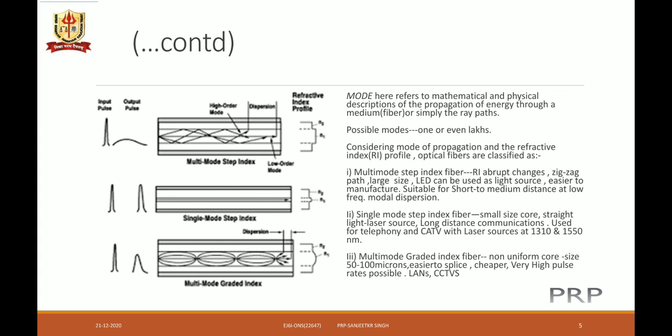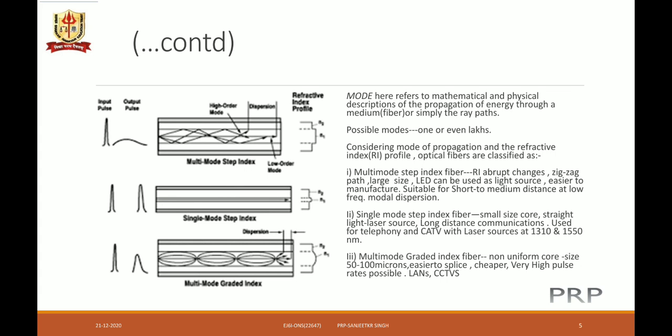And thirdly, multimode graded index fiber. Here the fiber core is non-uniform, and why is it called non-uniform? Because the refractive index is gradually changing from the center of the core to the edges of the cladding,